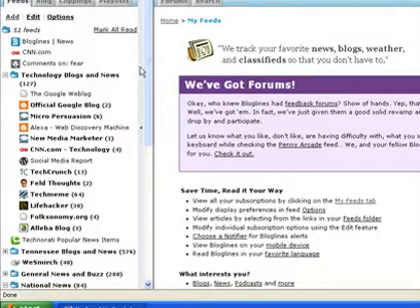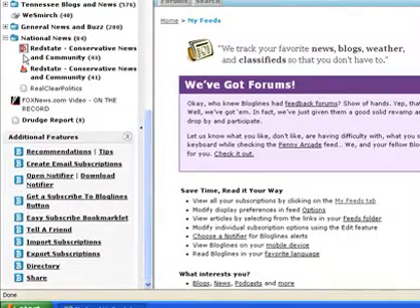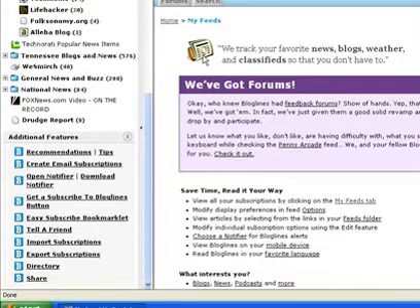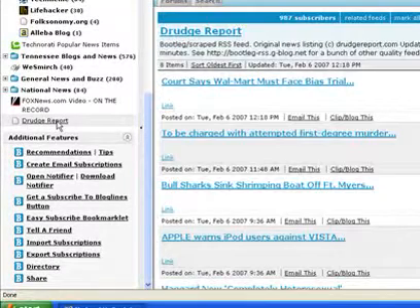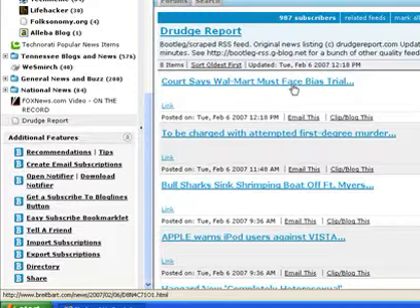And voila, we're subscribed to Drudge Report. To see what Drudge Report is providing us, what kind of information, click on that and you can see all the different headlines here on the right. And you can click on these headlines and go to the individual